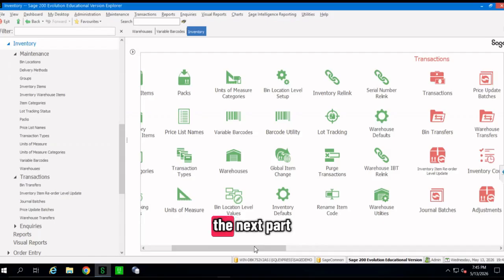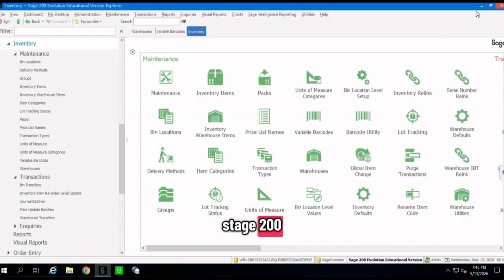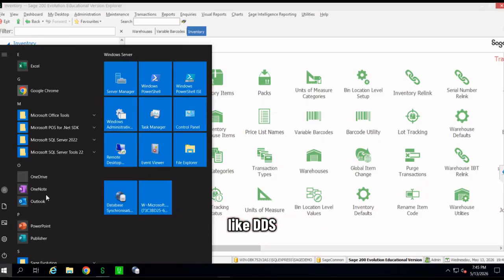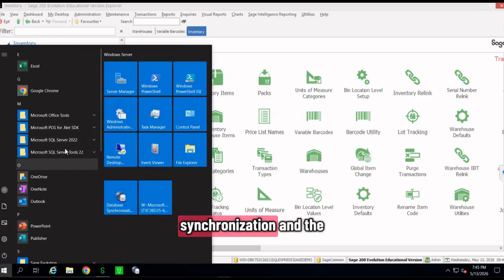Okay, so the next part is how do you set up the upload feature on Sage 200. Sage 200 comes with extra functions like DDS, synchronization, and the rest. But